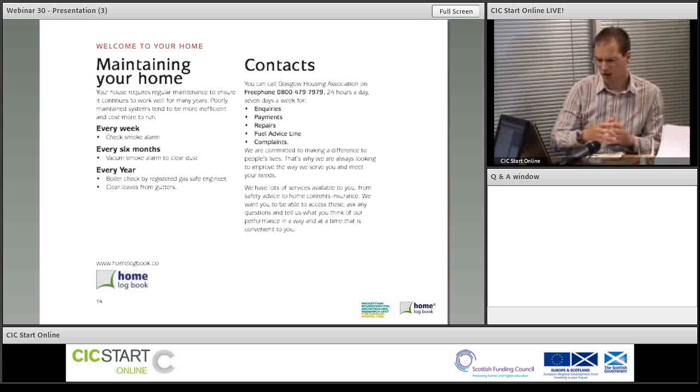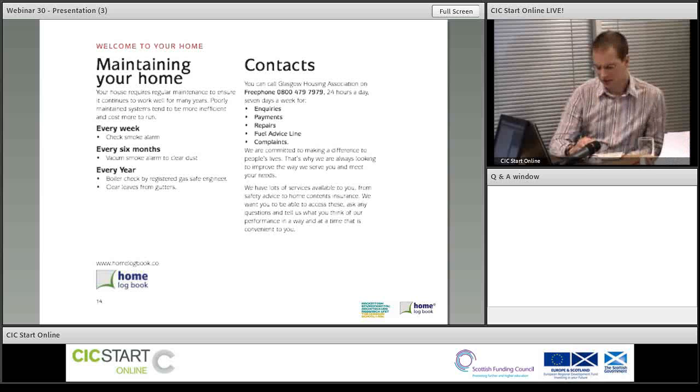Maintaining your home, that depended on each individual house type. Obviously, it took a great deal of advice from the developers and the architects for which bits need to be replaced and so on. But there are interesting things. Perhaps